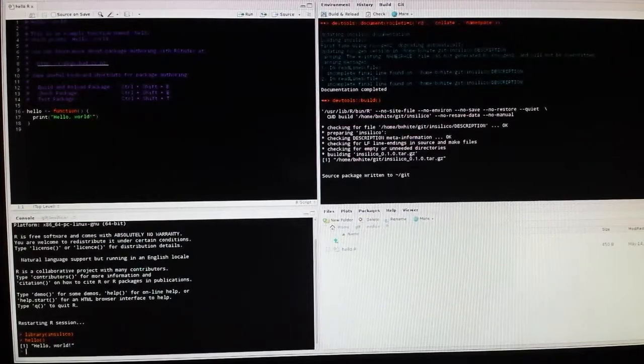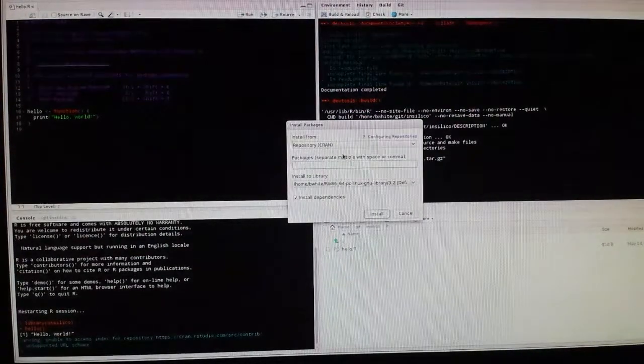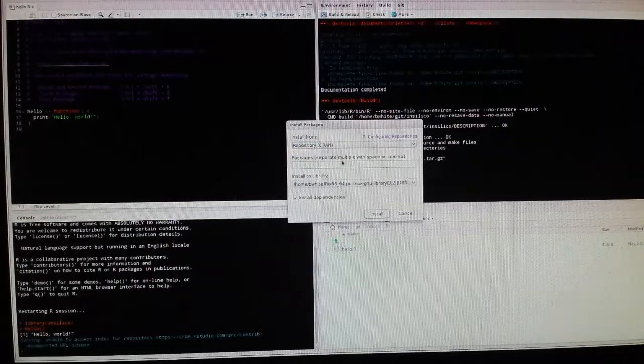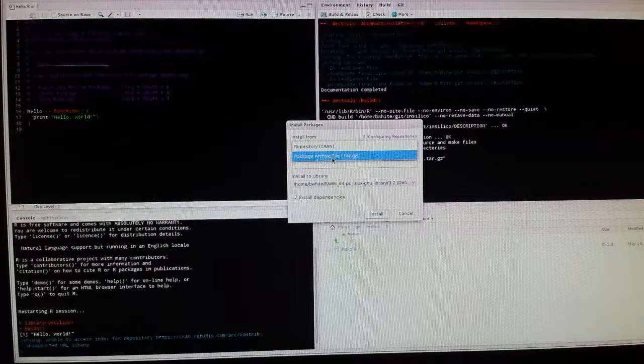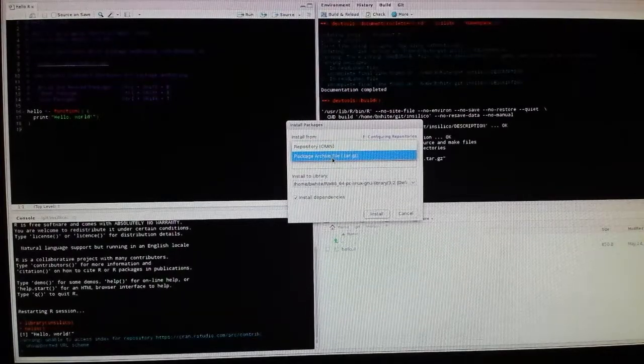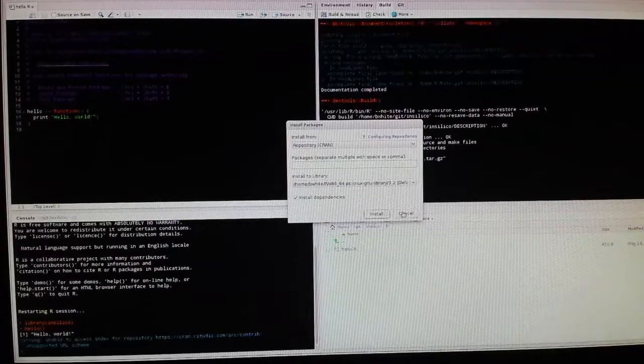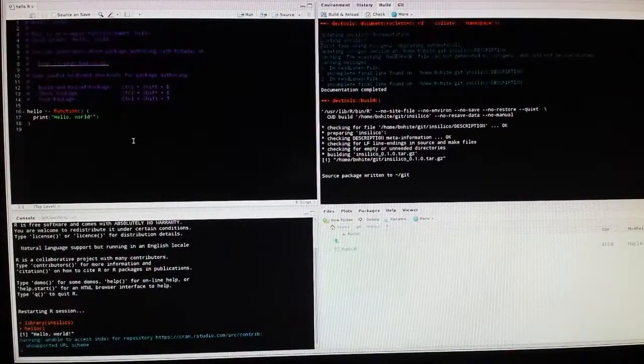Then on the other end you can go over to tools, install packages, and say I want to install a package not from a repository but from a tar.gz, what we call a tarball. So that's it. So other than documenting the function, which this function doesn't really have any documentation for,